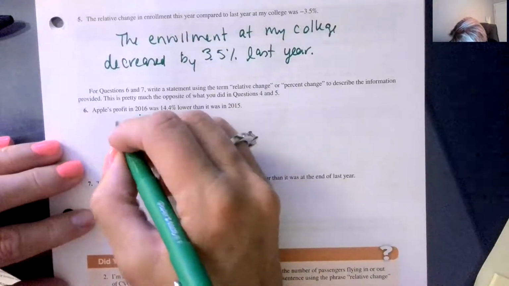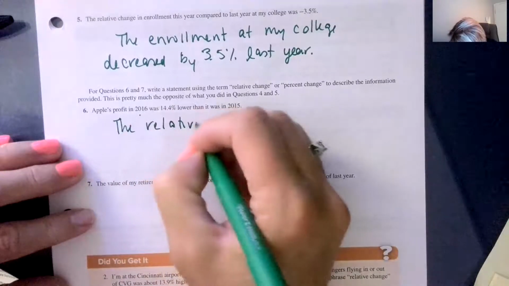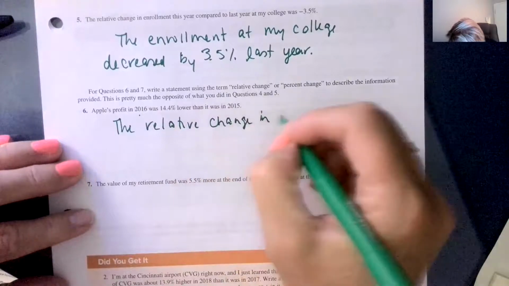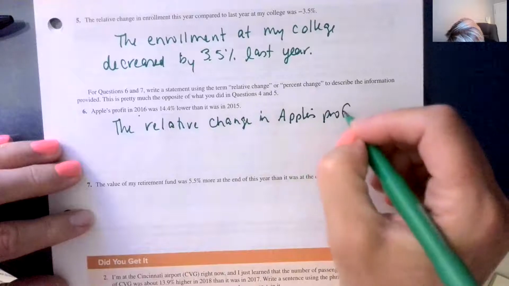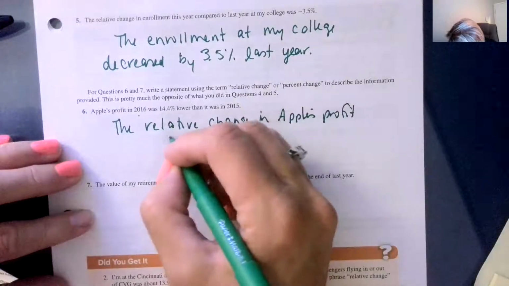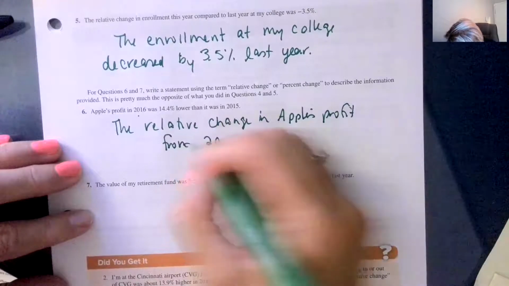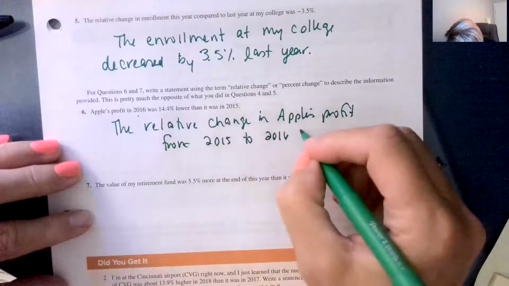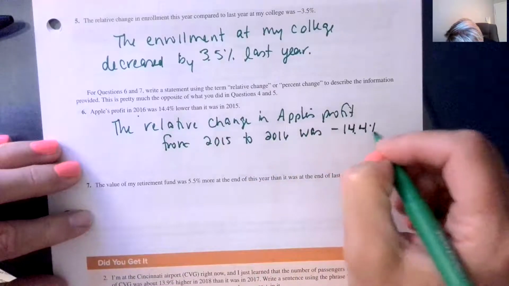So the relative change in Apple's profit from 2015 to 2016 was negative 14.4%